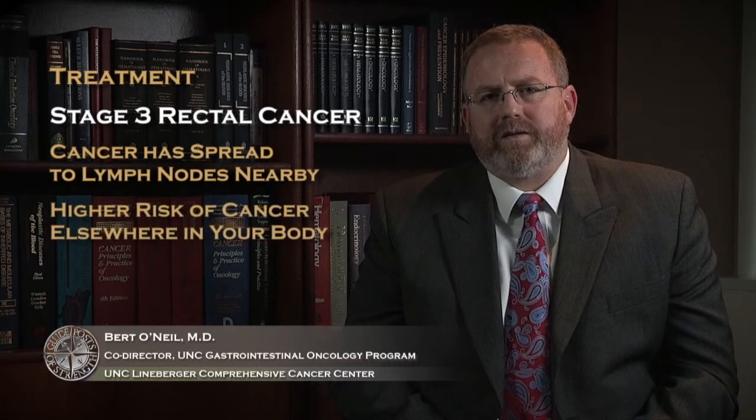If you have been told you have stage 3 rectal cancer, it means that the cancer has spread from the rectum itself into lymph nodes that are nearby. These lymph nodes are sort of like a drainage system for your colon and rectum, where fluids from the tissues are removed and brought back to the heart. Lymph nodes exist throughout your body, and sometimes are a route by which tumor cells can travel. If we find cancer in the lymph nodes, it means that there's a higher risk that cancer may be